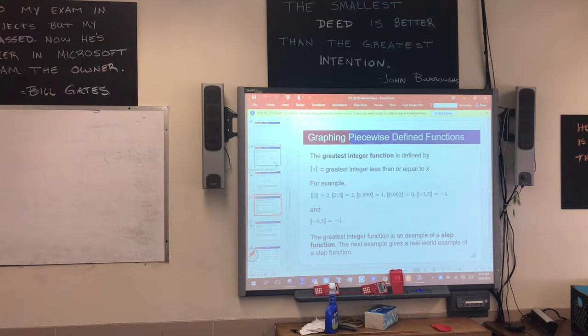It's called the greatest integer function. Okay, and it's actually pretty easy to evaluate. The algebra is not hard here, but we have a couple different functions that we're talking about when we talk about this structure. When we talk about the greatest integer function,